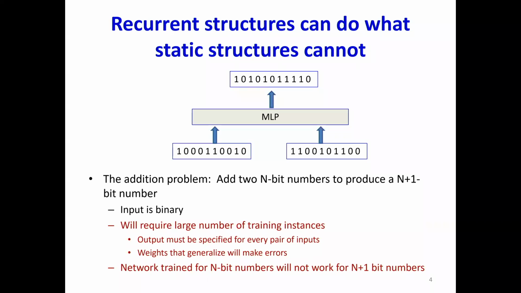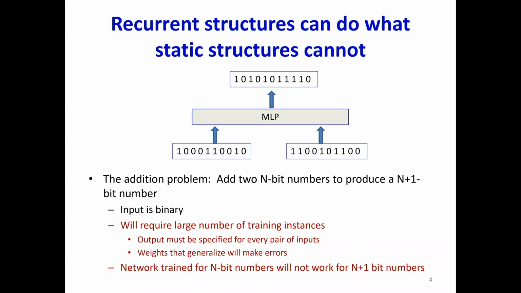Number of bits plus number of bits will add and the final bit. Really, if I just have one hidden layer, this is an XOR problem, is it not? Addition is XOR. How large must the network be for XOR? Pardon me? It's exponential in the size of the input, correct? So this network would have to be exponential.